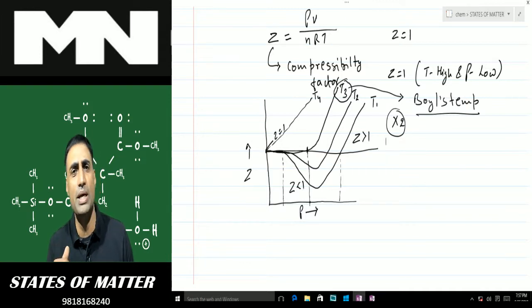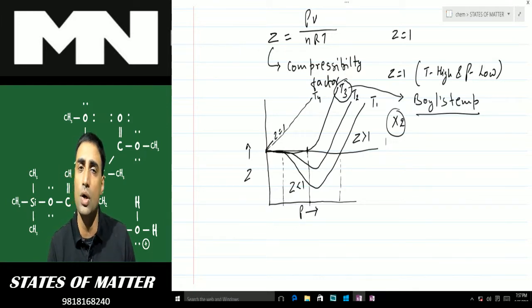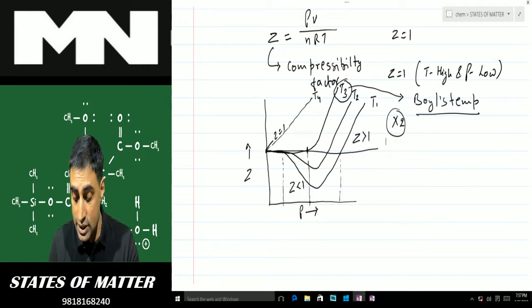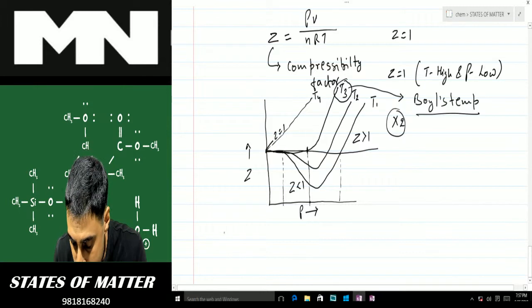Why is it happening like that? Why do gases not follow Boyle's, Charles's or Avogadro's law? Well, there was a scientist, Van der Waals, who started investigating this. Initially he started with the theory on which Boyle's, Charles's and Avogadro's laws are based, and that theory is known as kinetic molecular theory. So we'll see